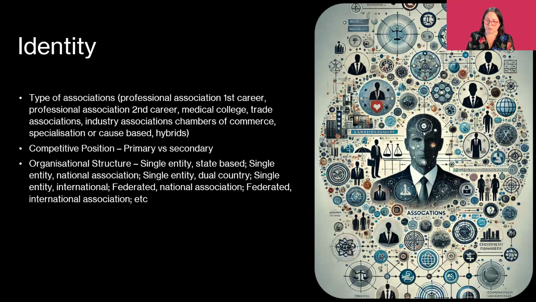The next thing you need to understand when you're looking at your identity is, what is our competitive position in the market? Are we the primary association for that market, or are we a secondary association? This is a really important distinction, because it changes how many of those functions and activities you undertake. A primary association might be the RACGP, the Royal Australian College of General Practitioners. If I want to be a GP, I'm going to go through there because I need to fellow. But what about the AMA? The AMA is what we would see as a secondary association. It's a membership that someone might take in addition to their primary membership.